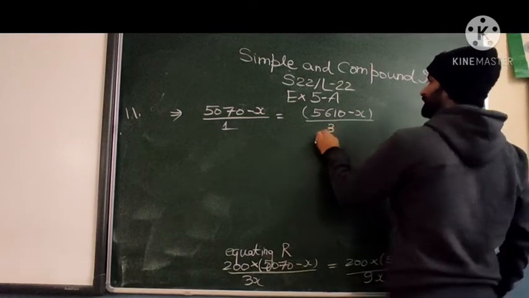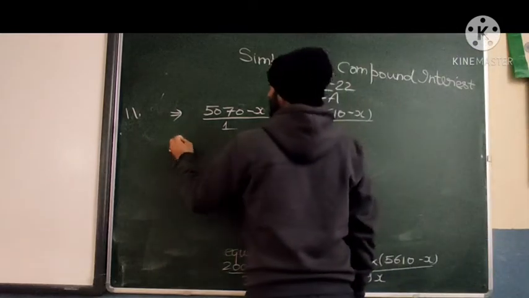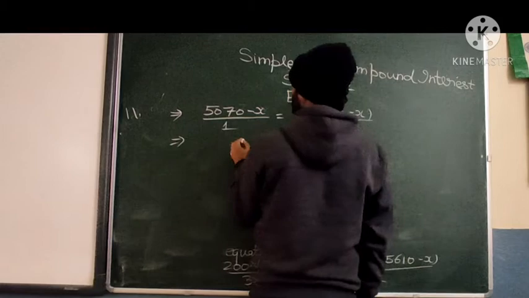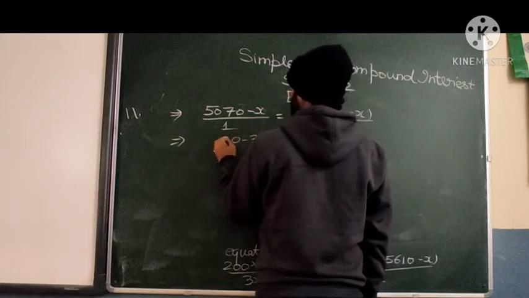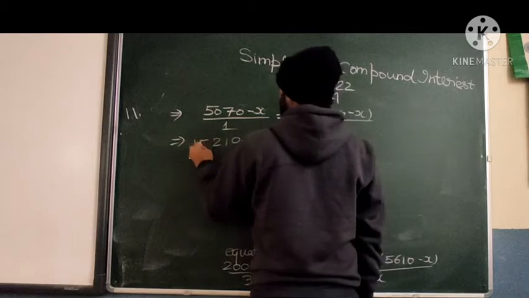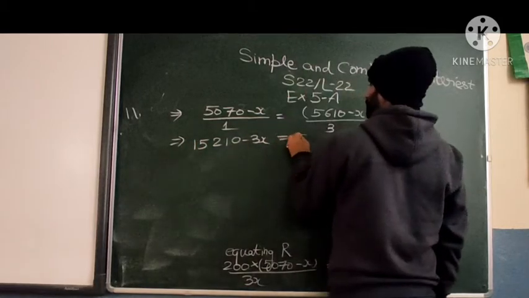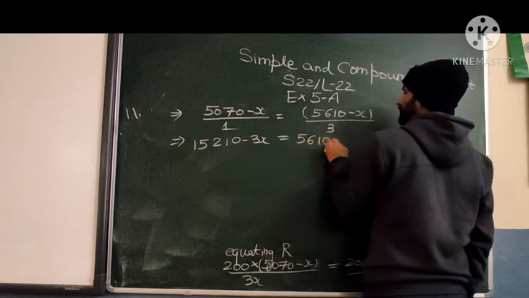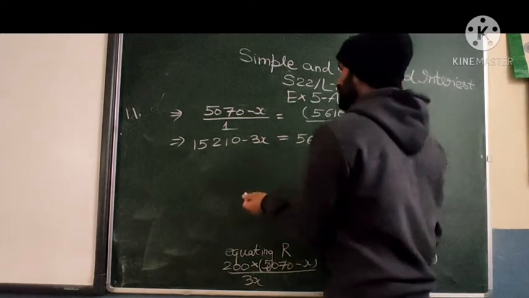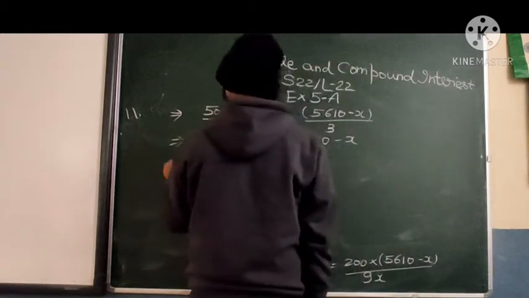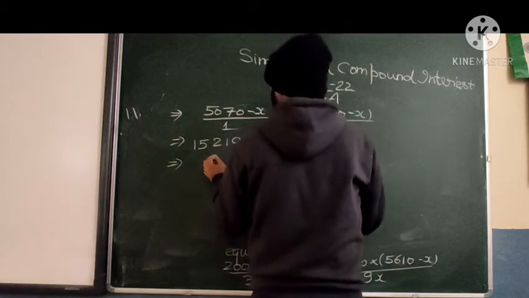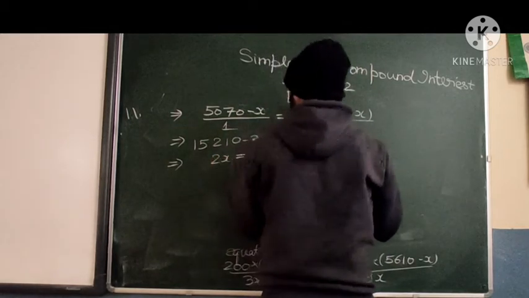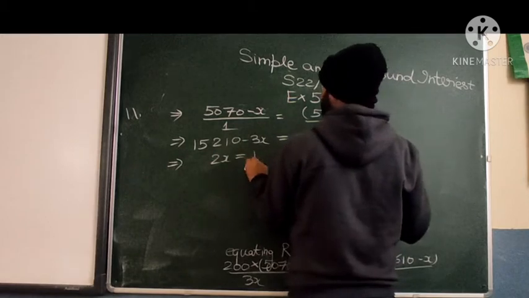3 times. Now multiply by 3, so minus 3x. This is 0, 3 is 21, 3 is 15. 15210 minus 3x equal to 5610 minus x. Transferring this side, what will become? Minus 3x equals... 3x minus x equals, so 2x is equal to,